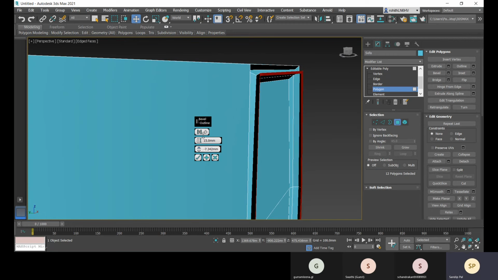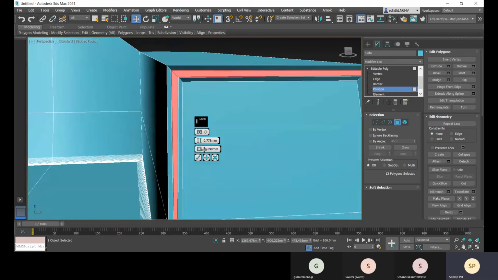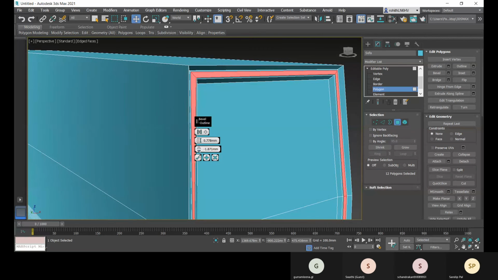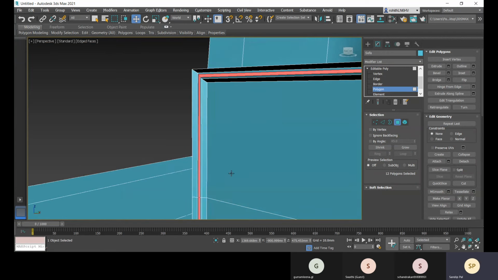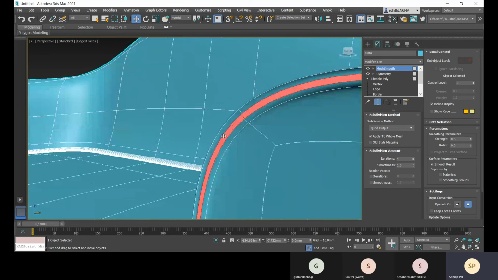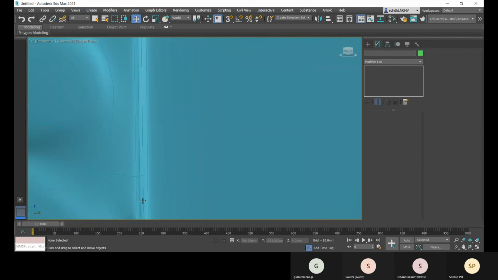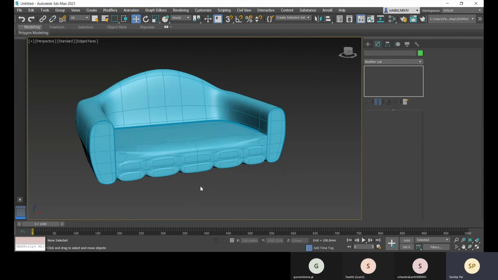I don't need that much. Okay, let's go with this, and then come to this mesh smooth, and that is created here. All right, so this is created now.